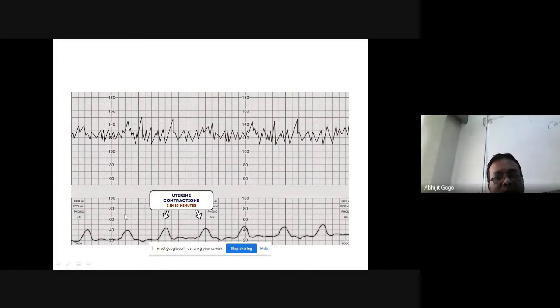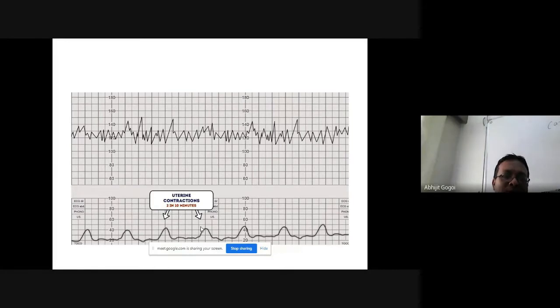From here, how many contractions do you see? Look, this is uterine contraction: 1, 2, 3, 4. So this is a very good contraction. Actually, the patient is in labor, you can say. In labor, you'll see this peak between 60 and 80. The uterus will contract between 60 and 80, when we can say there is labor. The uterus is contracting now, labor has started, but the contraction is not yet so much that the baby can be delivered. There are more than 2 contractions in 10 minutes of paper. More than 2 contractions is good.